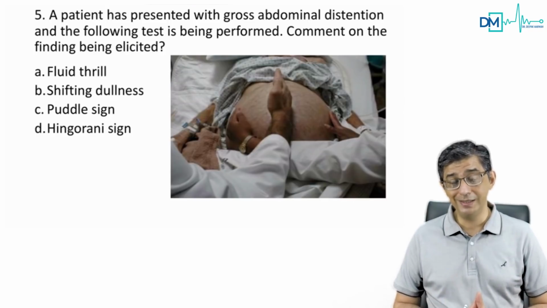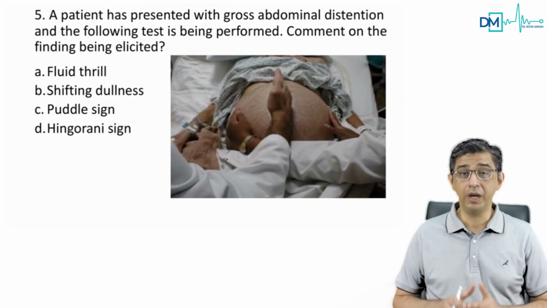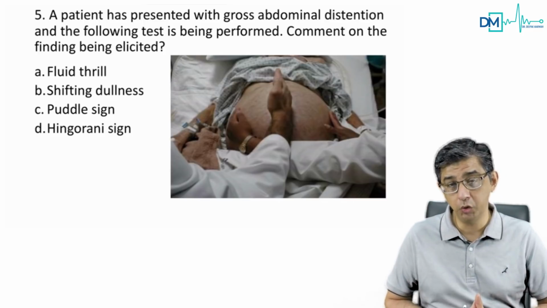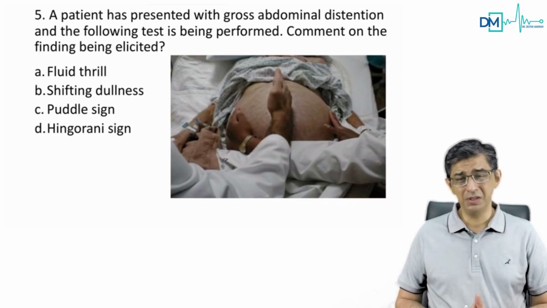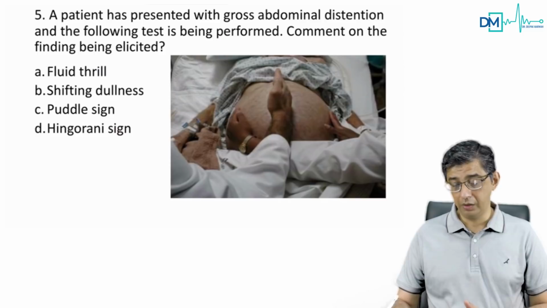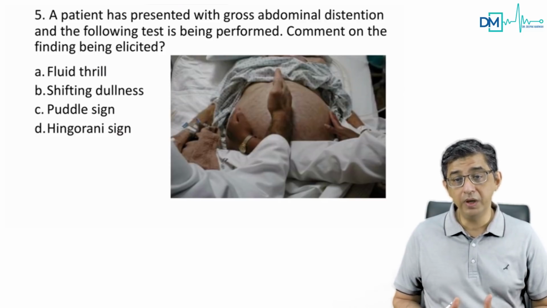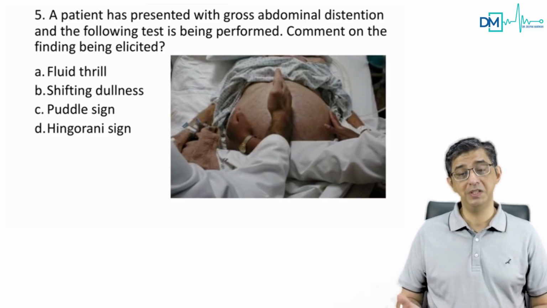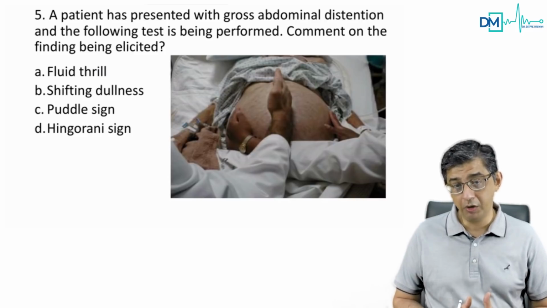So it's a nasty disease and should be picked up by checking for catecholamines or metanephrine in the urine. Moving to the next question, this was, I think, a straightforward one. You can see one doctor keeping a hand in the middle and another doctor trying to check for free fluid in the abdomen. You see, this patient is basically having ascites, and what are we talking about here?